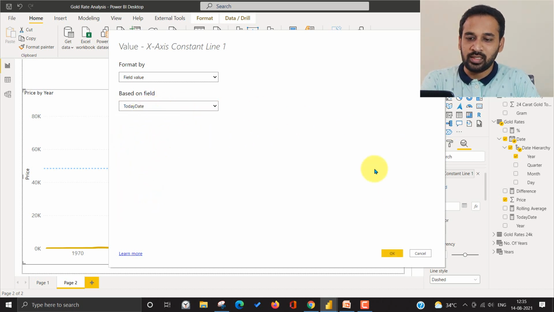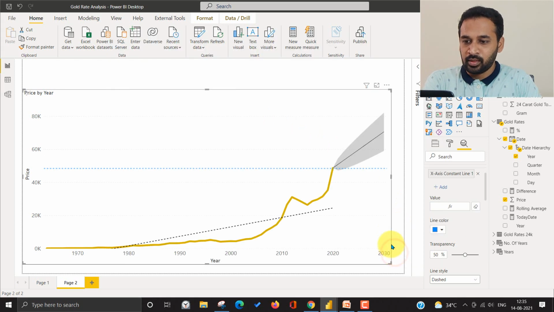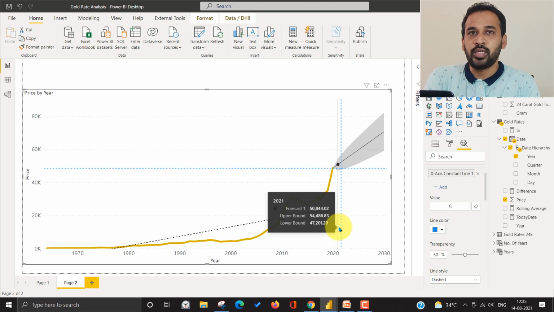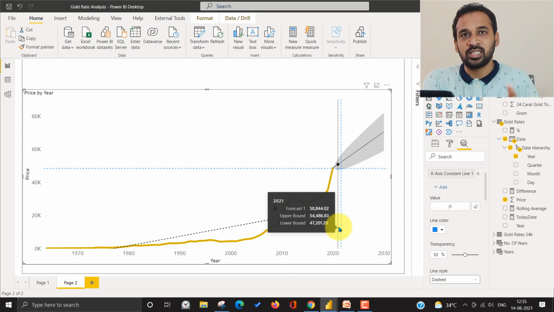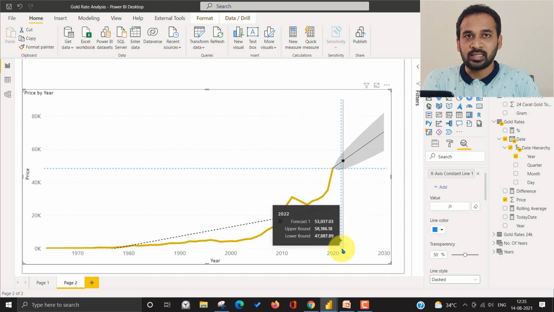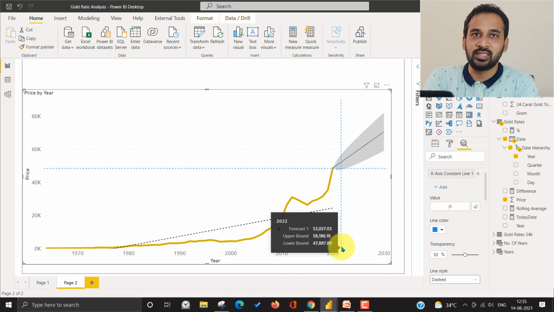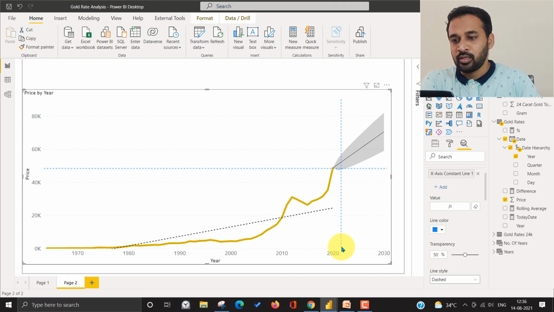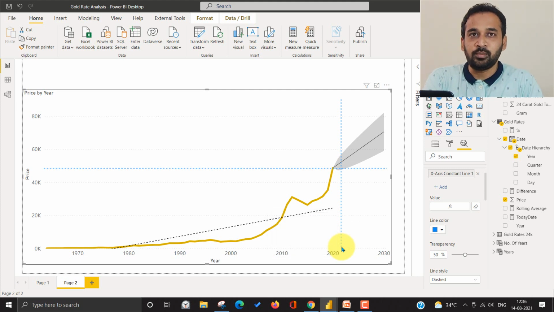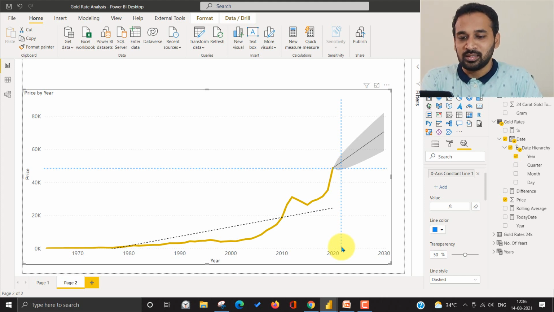Select this one and then click on OK. So this will add a new line, and even if you open this report a week after, a month after, this line is going to change accordingly. So it will be good to have a constant line like this, just to highlight the current date. Now we need to get the current market price, then only can we justify the predictions, right?